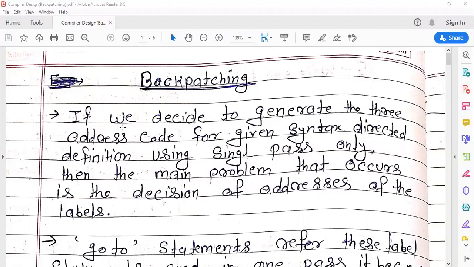If we decide to generate the three address code for a given syntax directed definition using a single pass only, then the main problem that occurs is deciding the address of the labels.